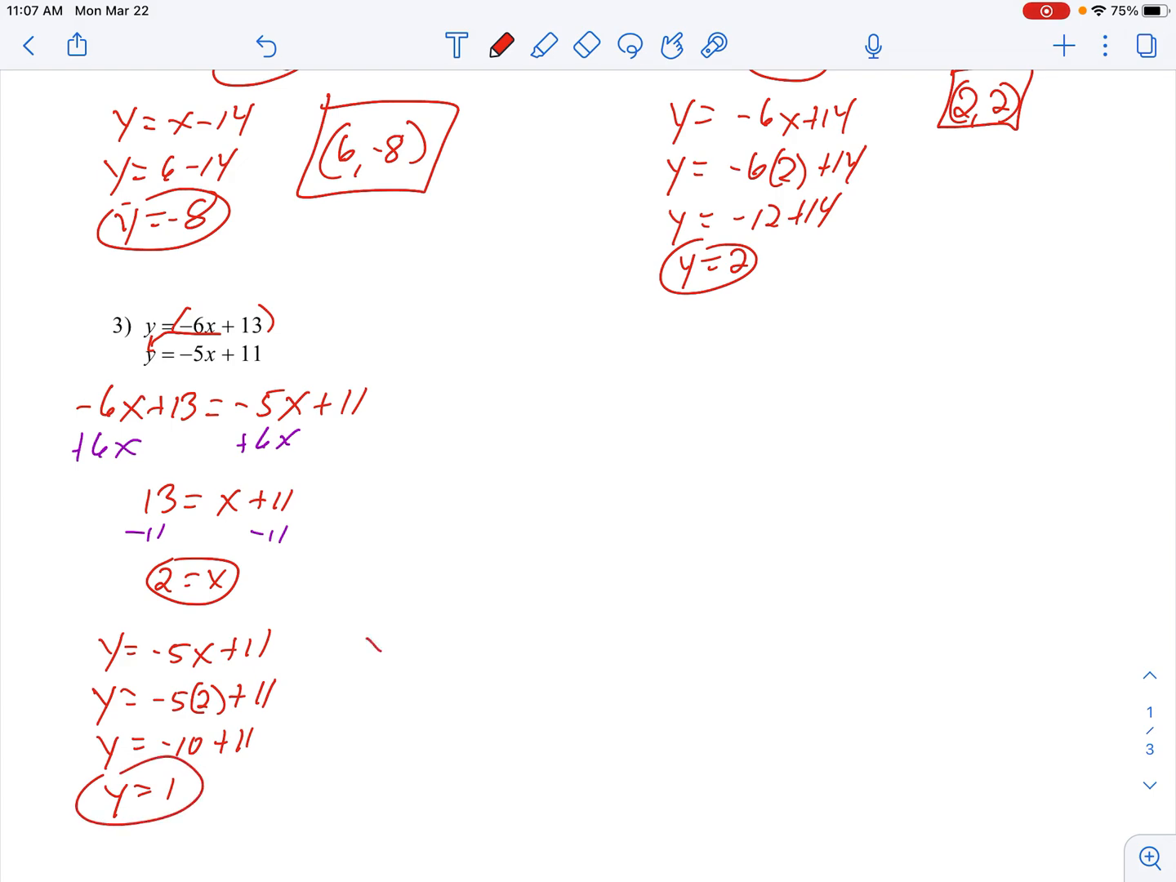Y gets you 1. If you would have used the top one, like I promised you, you get the same answer. And y equals 1 again. Write it as an ordered pair,